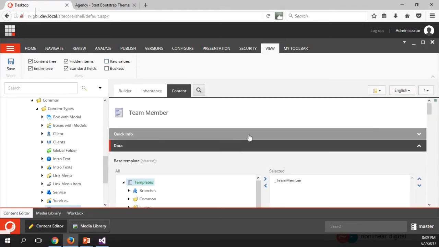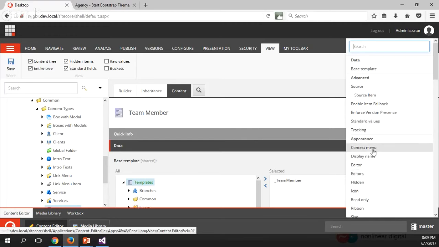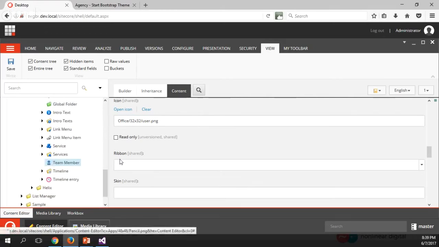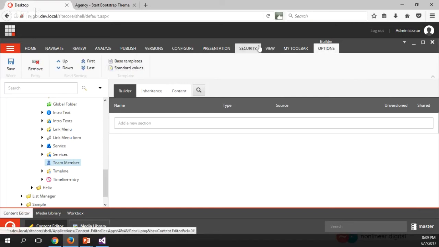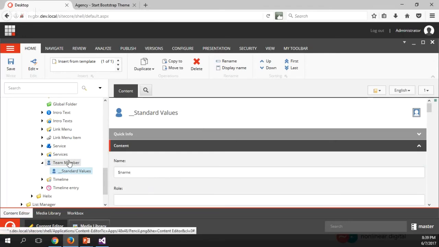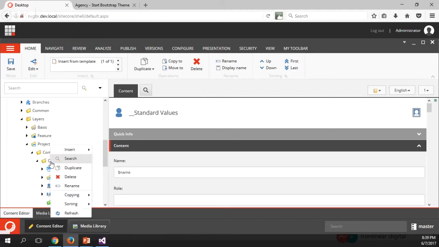Let's have it have an icon. Where is that? Right here. So adding a new standard values because I want to have dollar name in the field. Okay. And now adding the second